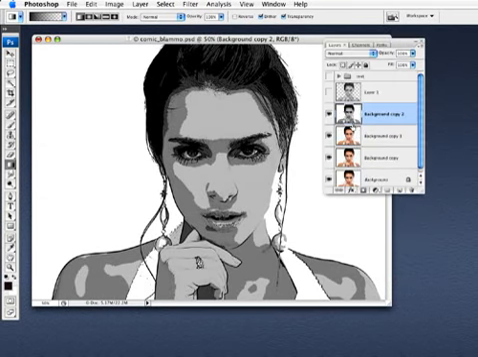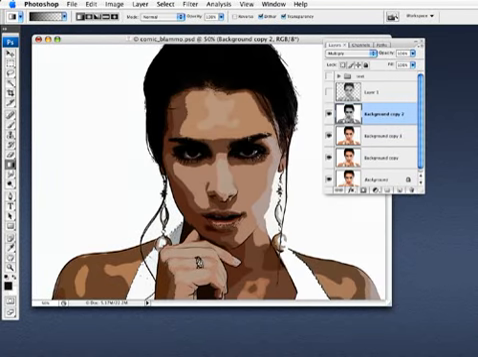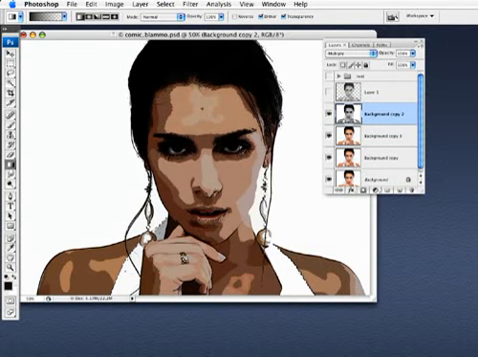Now, I need to change the blending mode of this layer to multiply. And you see that it does blend in there, but it's a little dark because of those gray areas. Well, we're going to lighten those up by bringing up our levels dialog. Let's go